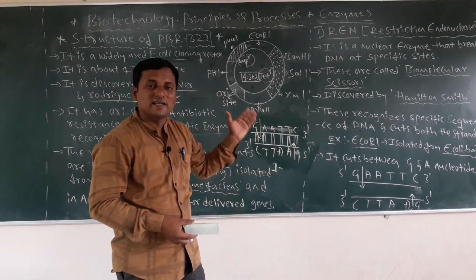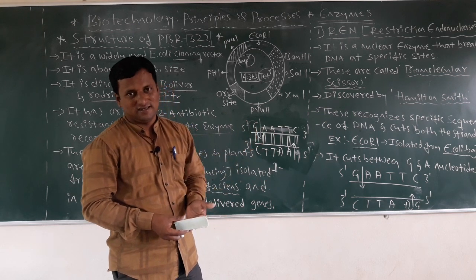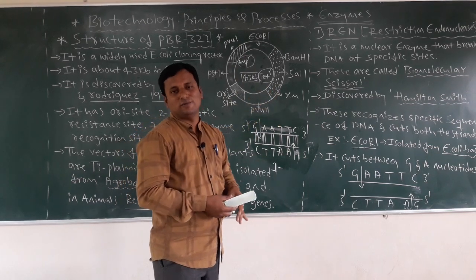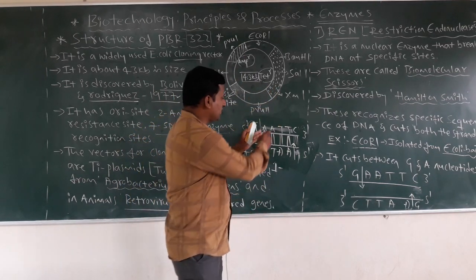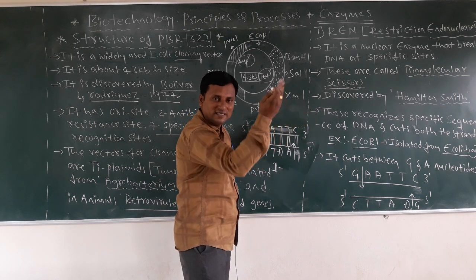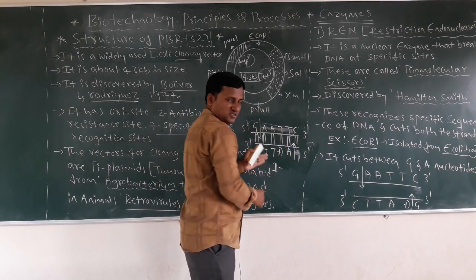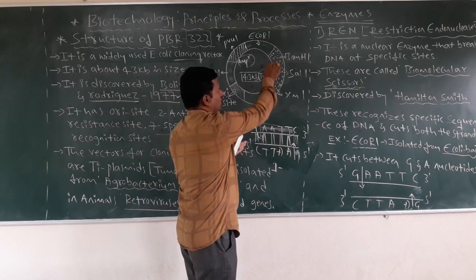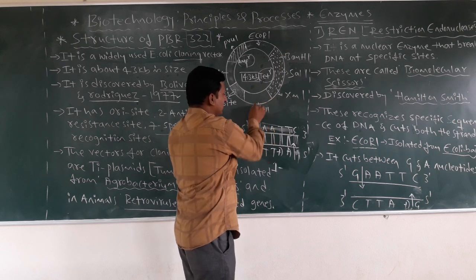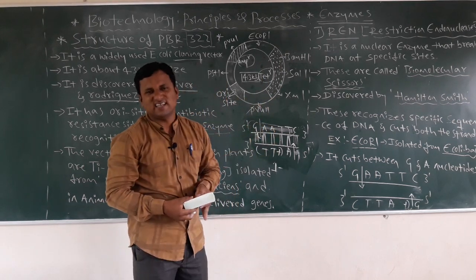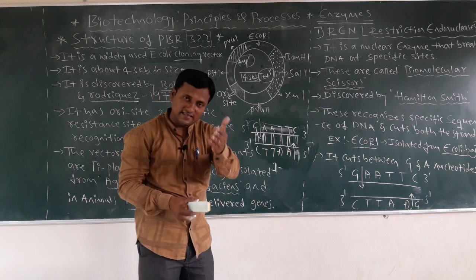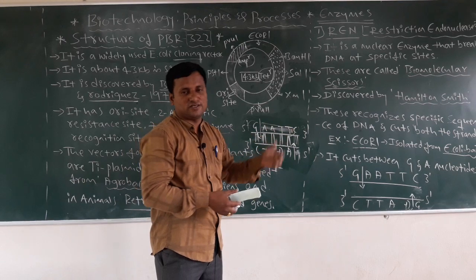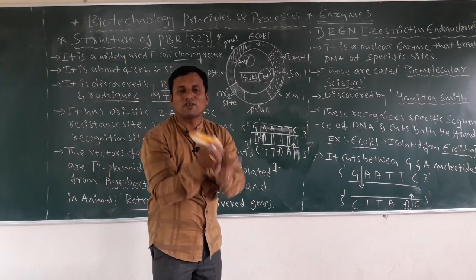Like this, the replication process will start in the plasmids. This is how these RENs are helpful for us. If you cut these, you can take your required genes, introduce them into this part, ligate them, and introduce them into the plasmid. Then a new plasmid forms. That is called the recombinant concept. That technology also exists. In the next classes I will discuss that process, how we can make crossing.